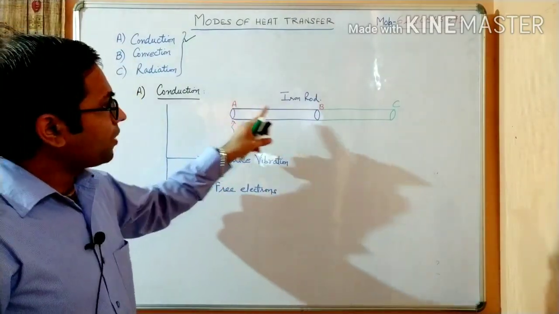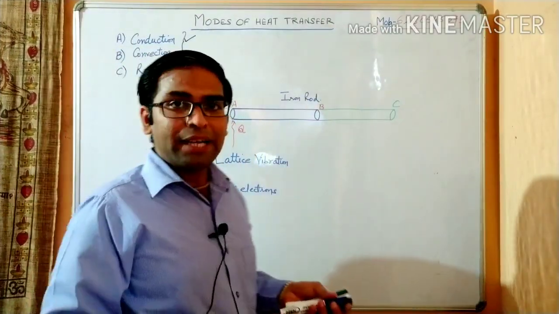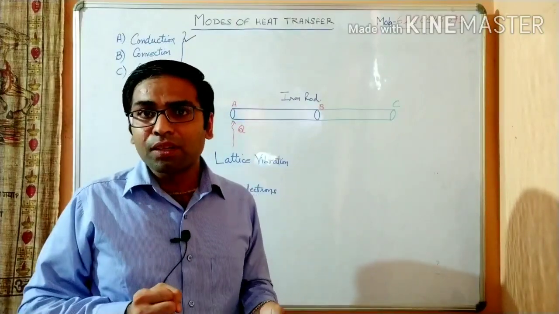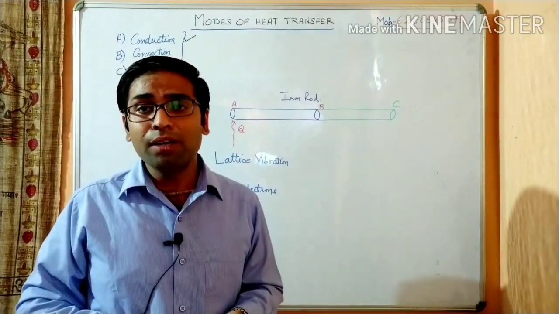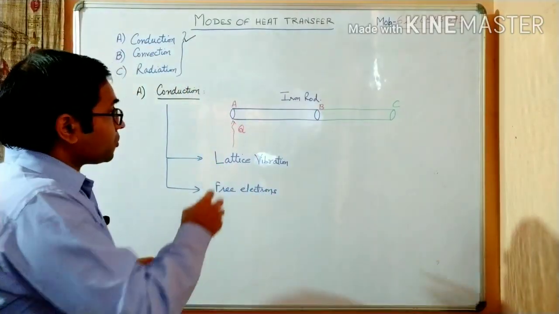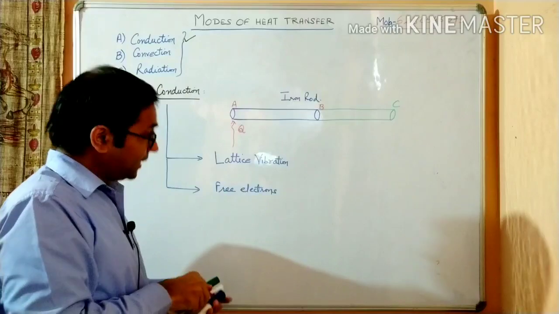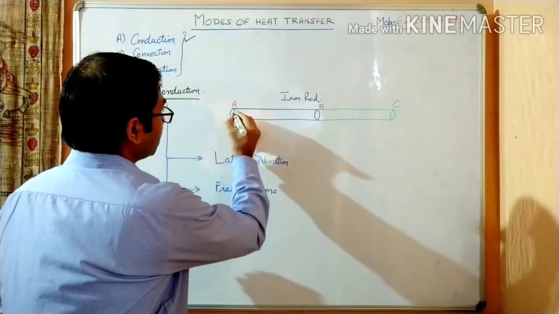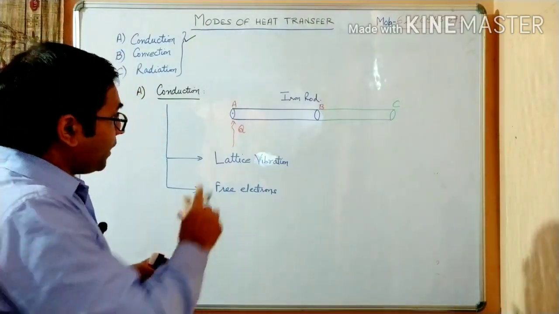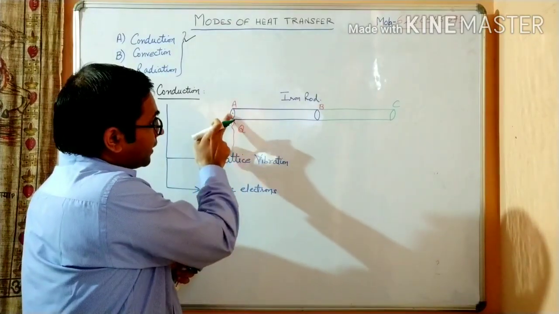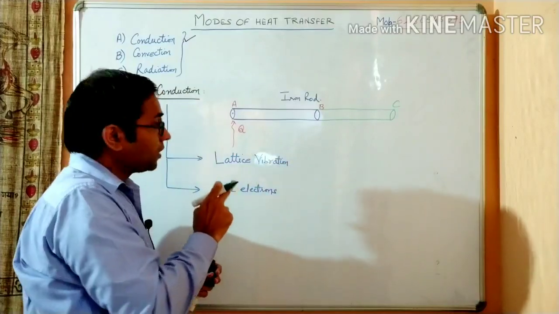Again we come to the rod AB. You know, this rod AB is made up of fine particles which you can call as molecules or atoms in atomic structure model. So let us focus upon a single molecule which is present at end A. Let that molecule be this one, the molecule under investigation. When this particular molecule takes heat from the external source Q, what happens?